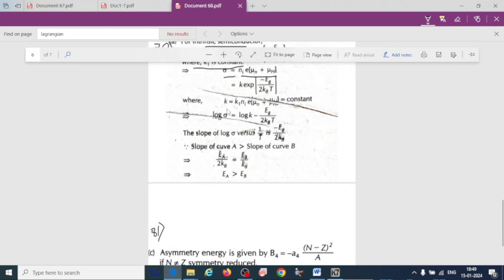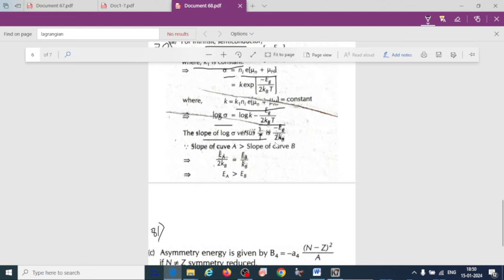So this constant K, we can take it as the conductivity. In case of conductivity we can replace it with K, that is going to be constant. So if we take log of sigma, then we can write log K minus Eg divided by 2 kBT. So the slope of log of conductivity versus 1 divided by T, temperature, is minus Eg, energy gap, divided by